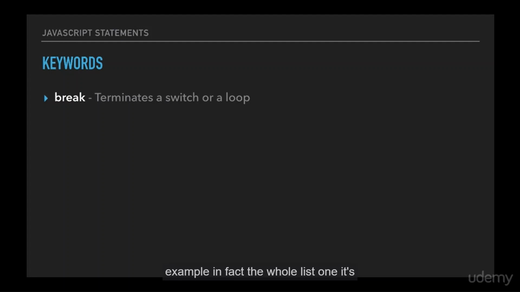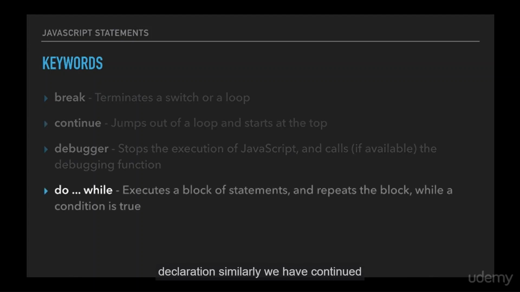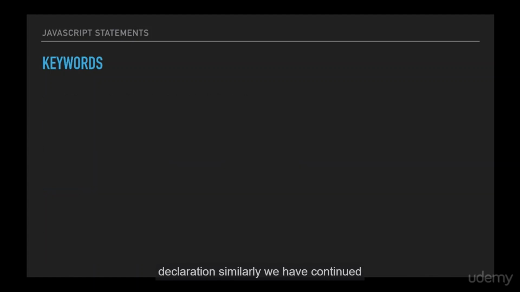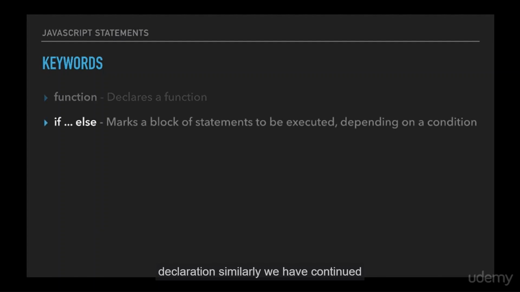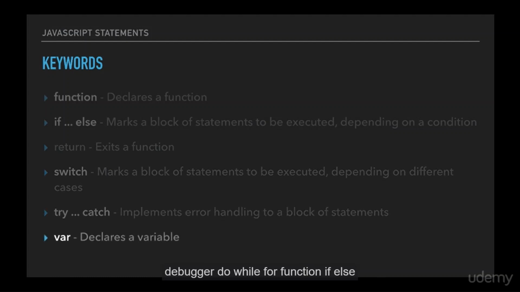First, it's break. What does a break do? It terminates a switch or a loop. Well, don't worry about what it does, but just know that break is a keyword and you cannot use break alone. You can use a word like breakthrough, break free, but you cannot use break as a word in your variable or declaration. Similarly, we have continue, debugger, do, while, for, function, if, else, return, switch, try, catch, and last but not the least, our variable declaration var. So these keywords cannot be used